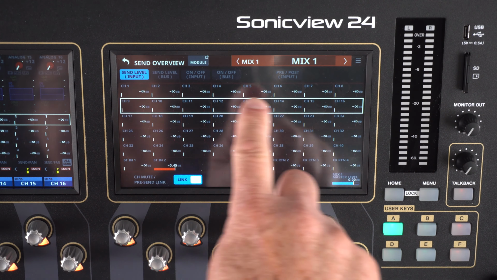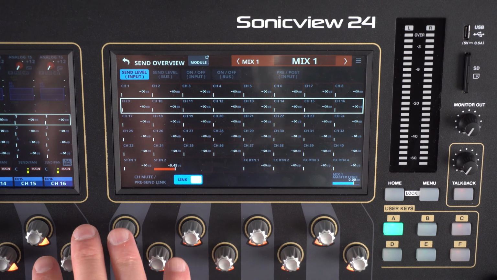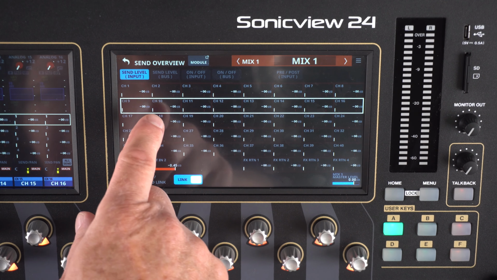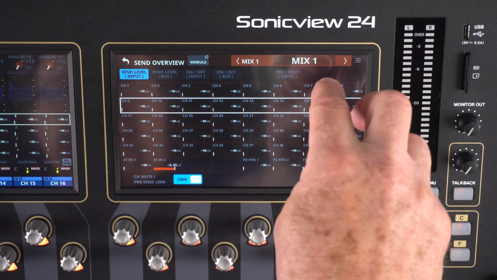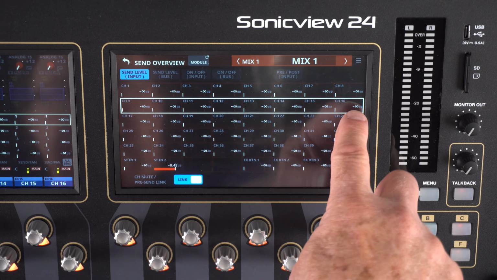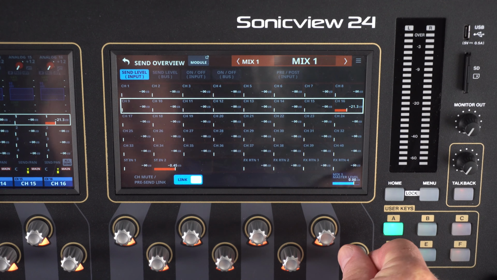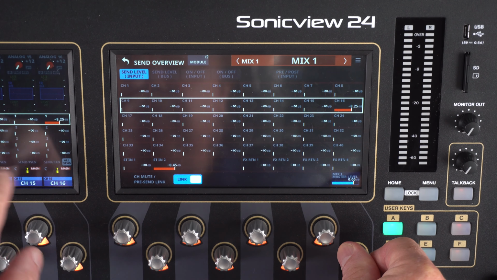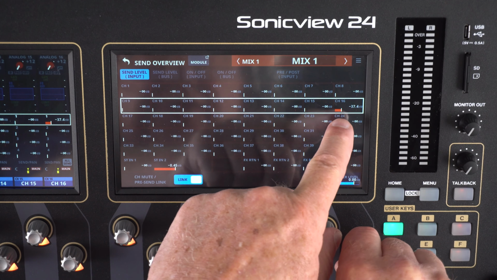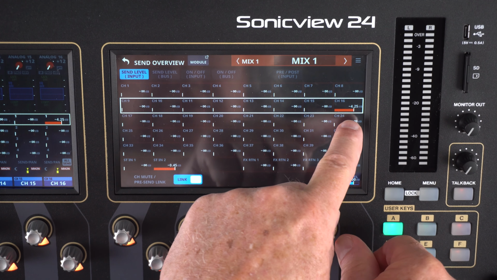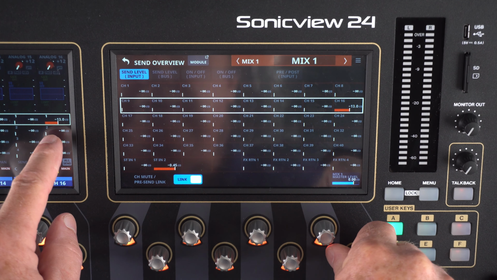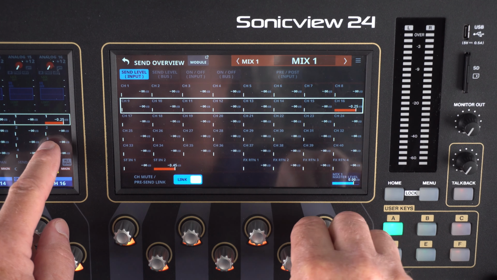Let's keep it on 9 through 16. Notice that all of the knobs are live, and so if we wanted to add input channel 16 to mix 1, we're doing it. Notice this is on the home screen still. And while I turn it, I add the dB level channel 16 to mix 1, and it's also replicating that on the home screen.